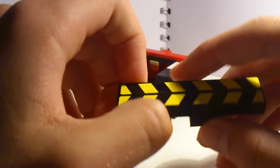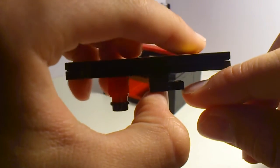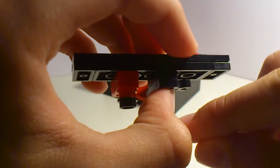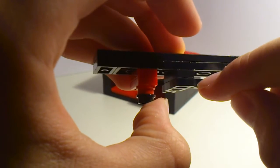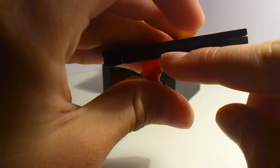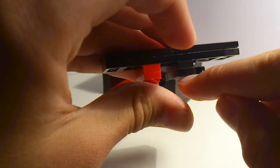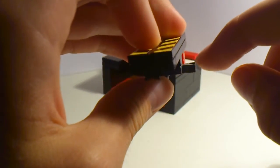Okay, so how I use these two, because it's kind of like a 2x1 smooth piece, but you can stick it under other pieces, which is great, because if you would have originally smooth pieces here, you would have to build something down, and if this would be the smooth piece about here, and then piece here, and then this up, so you save some space. It's great. So you need two of these,